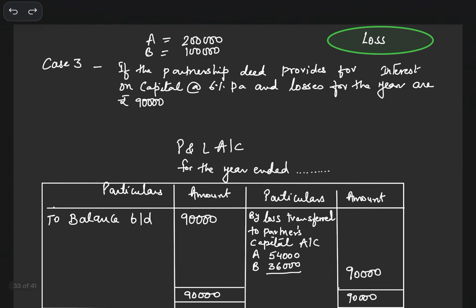Let's move on to the next case, case number 3. In this case, we see that the partnership deed provides for interest on capital at the rate of 6% per annum and losses for the year are rupees 90,000. Please check that the partnership is not silent, right? It is providing. So whenever it provides, the student has to judge whether it has to be taken as charge